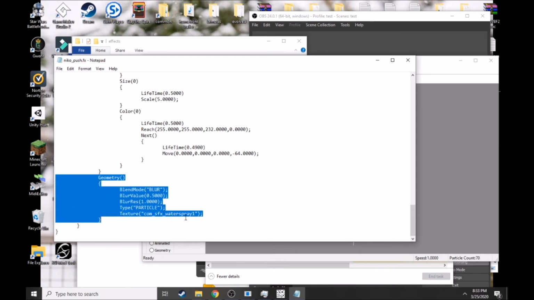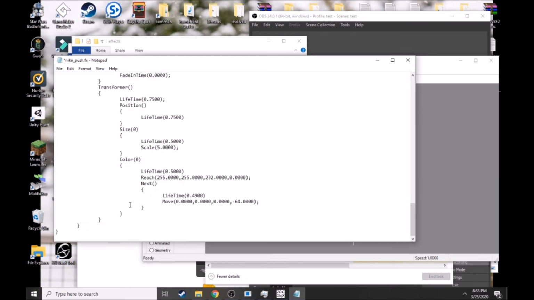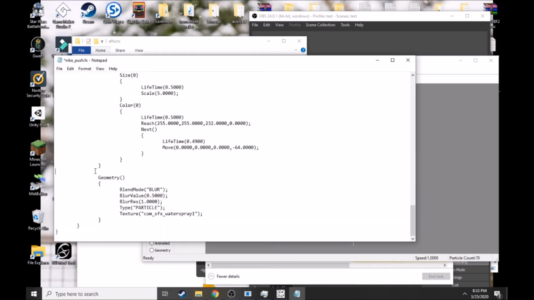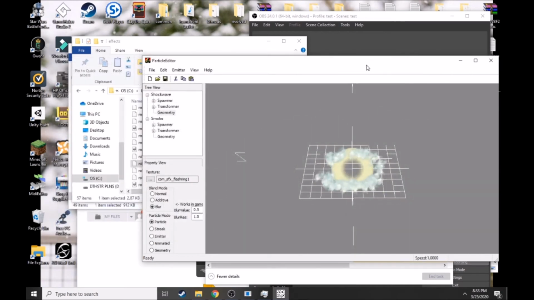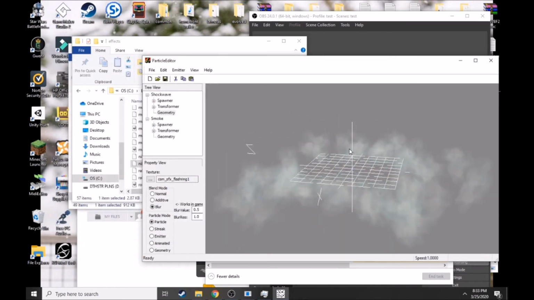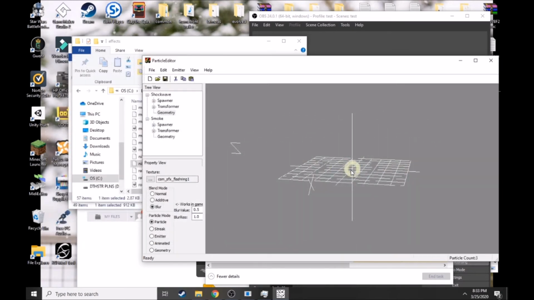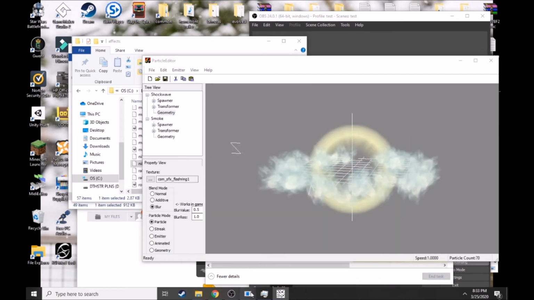And you'll need to copy all of this. So you'll have this, it goes like this. You can delete this. And that's what your Notepad should look like if you want to have blur. And we'll show you what it looks like in game without blur. Well, you can already see in game what it looks like without blur. It looks like this. But just in case,